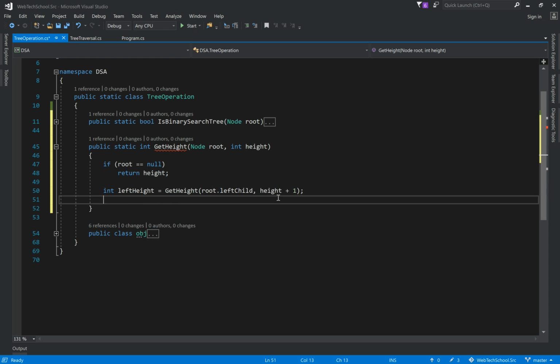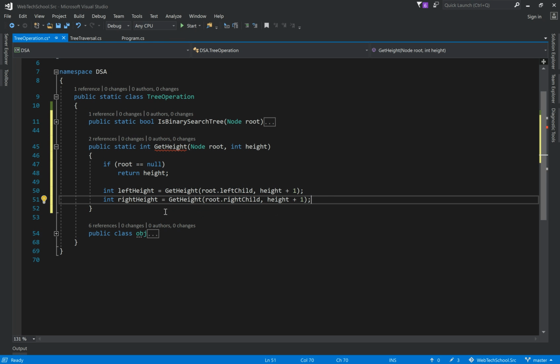Now let's calculate the right height. I'll do the same thing, and instead of root dot left child, we are going to pass root dot right child and the same height plus 1.